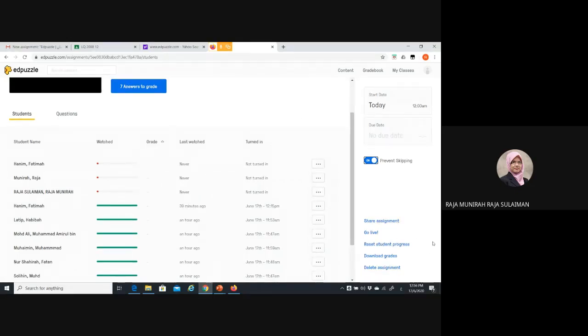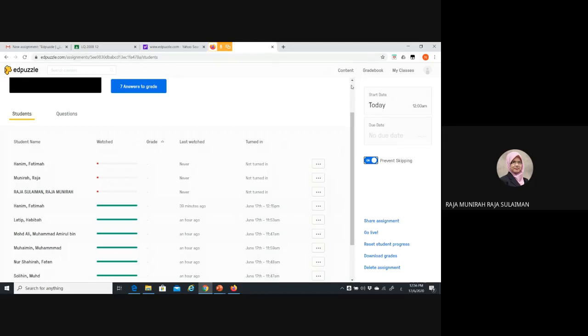You can export the result, the grades, to your Google Classroom. That's another benefit for those who are using Google Classroom. But my students here are not from Google Classroom, so I don't have that button here.